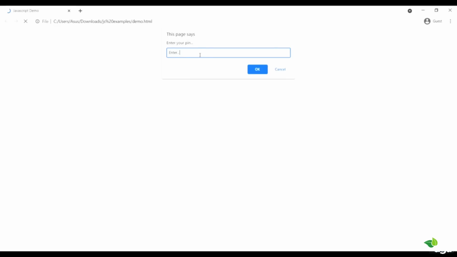Here I'm saying enter your PIN. Let's enter 1234, 1234, and the last time also 1234. All three attempts I entered invalid, so I got the message account locked. If I enter the correct PIN in the third attempt, let's say 3456, it will give the message welcome user. And if I give the correct one in the first attempt only, it will say welcome user, it will not